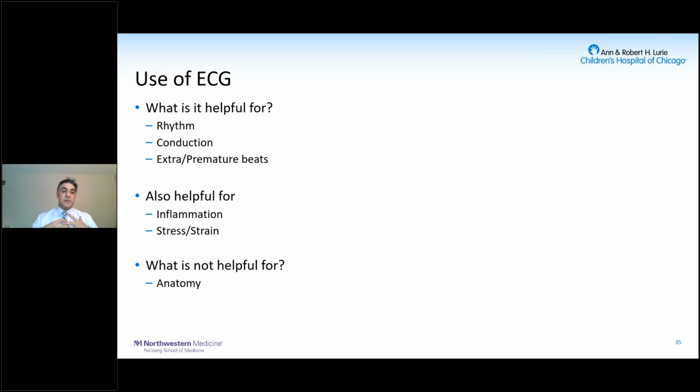So in our practice, ECG, I think, is a good standard routine test that should be obtained. Studies have shown that it might not be cost effective, but we've also seen numerous episodes of hypertrophic cardiomyopathy or long QT that have been picked up by ECG. What is an ECG useful for? It's good for your rhythm, your conduction, your intervals, your PR interval, first degree heart block, your QT interval, and whether you're having extra beats. It's also helpful if you have signs of inflammation, myopericarditis, or strains such as hypertrophic cardiomyopathy or aortic stenosis. It is not good for defining anatomy, so if you have an anomalous origin of the right coronary artery, it's not very helpful for that.